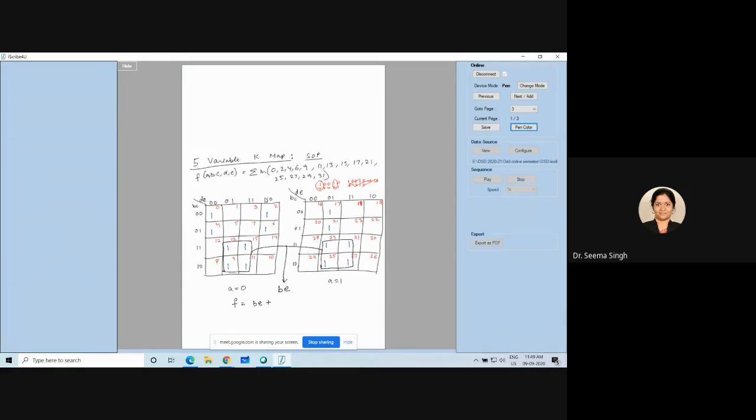Right? Now, is there any other group between the first and second K map? Is there anything else? No, there is nothing else. One more group you can see only in this, that is this group, right? So can somebody tell me what will be this group called as? B bar, E bar. Yes, it is B bar and E bar.